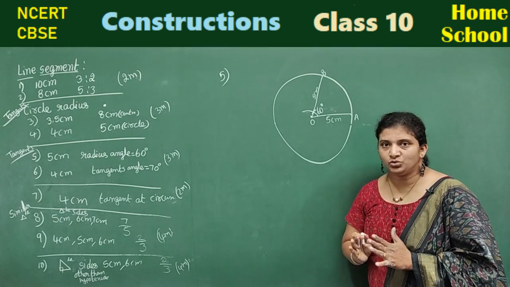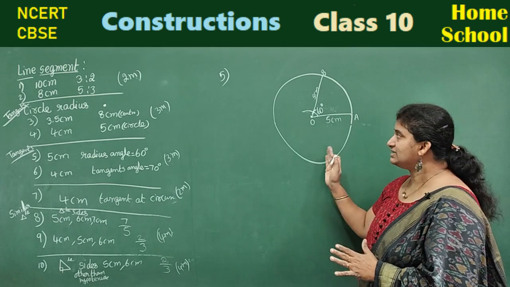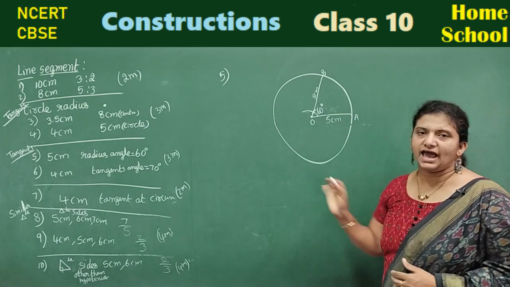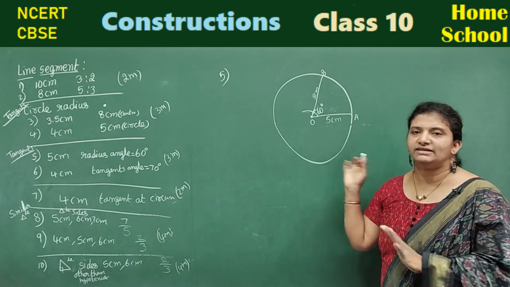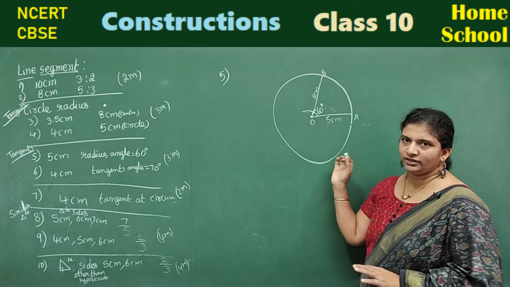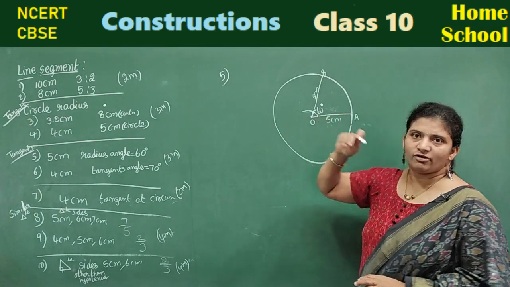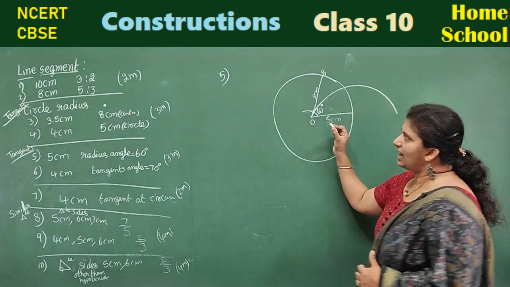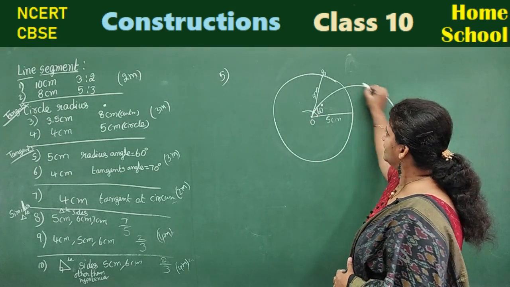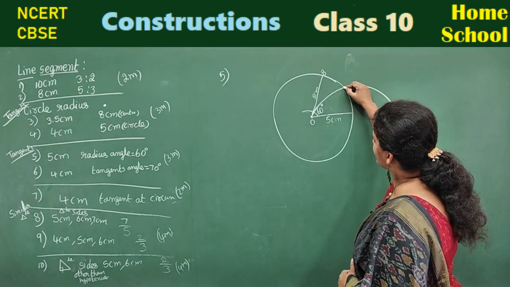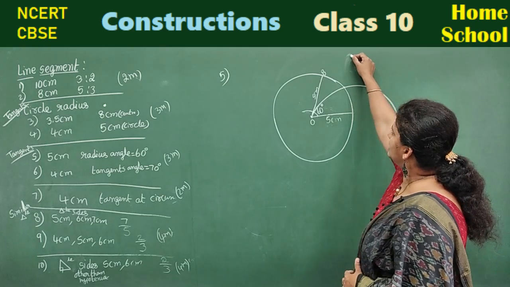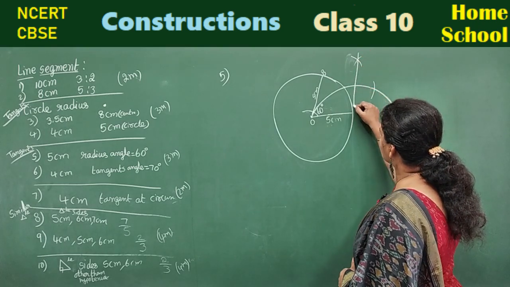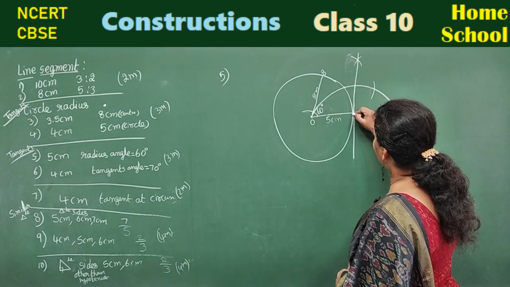I need to draw tangents to this circle and the radius angle is 60 degrees. When we know the radius angle, we need not bother about the tangents angle. Okay, directly we can draw the tangents. How can you draw, children? You have seen 4 steps. Same manner, semicircle. I just do it roughly, children. You just do a neat semicircle, lift the compass and put it here on the semicircle, and above one arc, and again from here cut the arc. Try to join, and at only one point it touches.